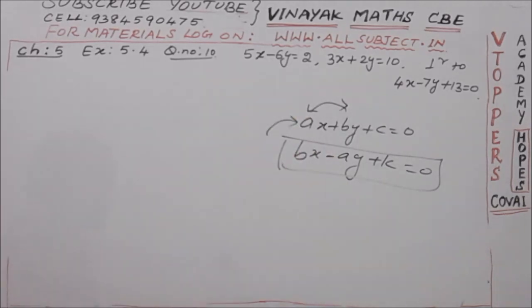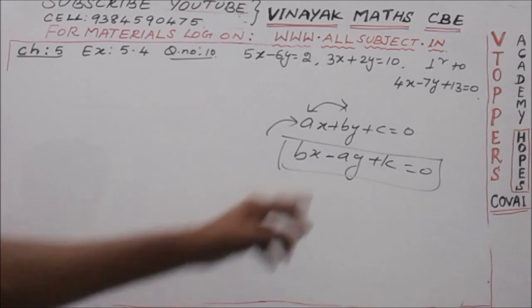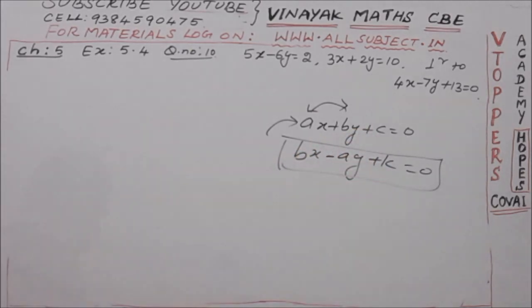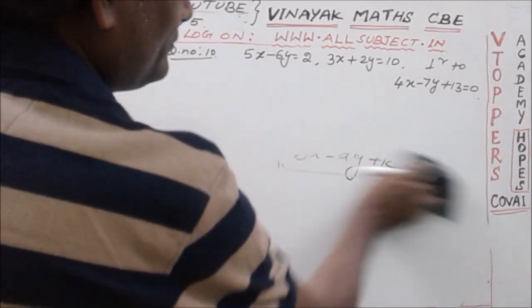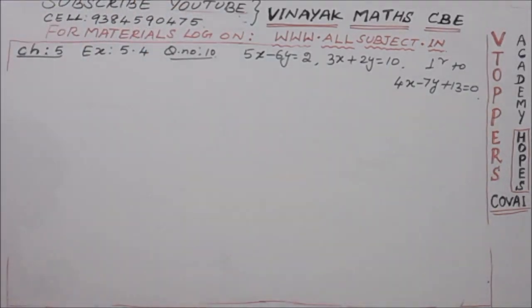Interchange the coefficients of x and y, change the sign of y, and place a new constant. You will get the perpendicular form of a line. Now here, find the intersection of